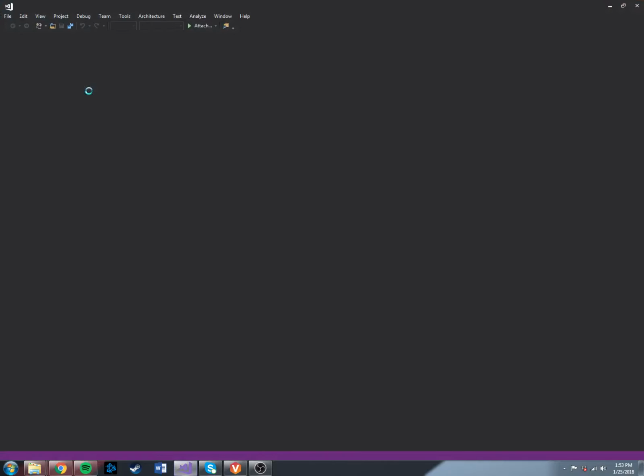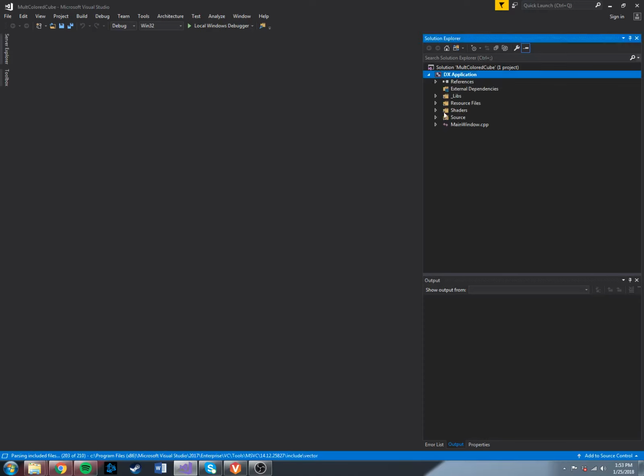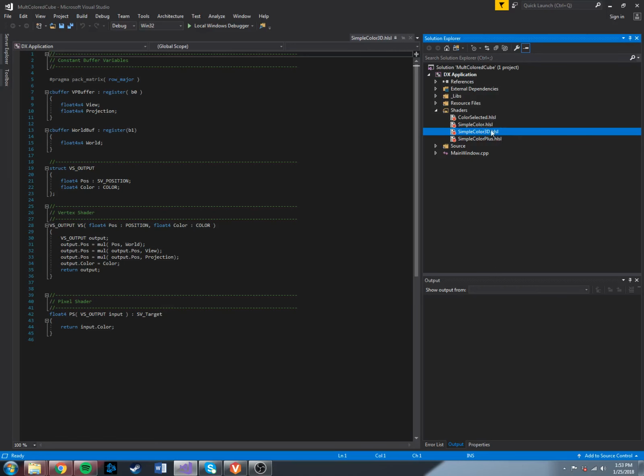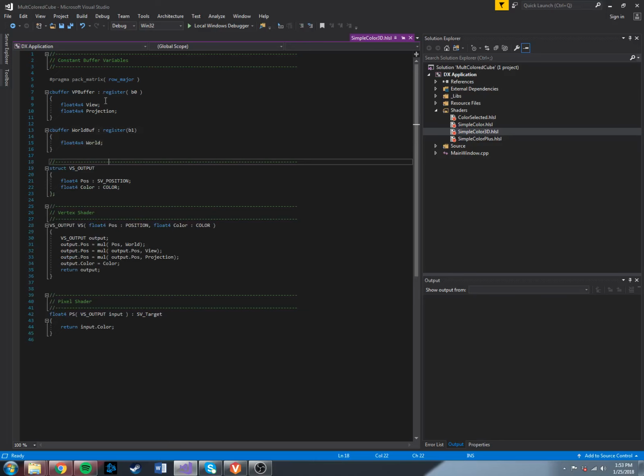For the first problem, to fix the simple color 3D shader, I simply made the simple color 3D look like the color selected 3D, which involves separating the two C buffers. So there's one that takes in the world matrix, and there's one that takes in the view and the projection, and that